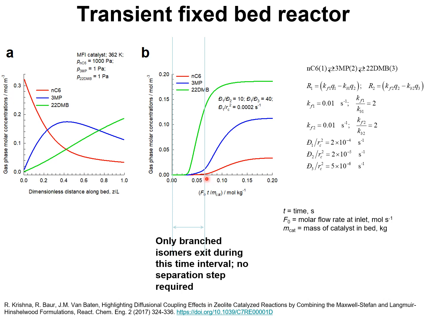So at this time interval, none of the normal hexane has exited the reactor, and the products are predominantly 2,2-DMB